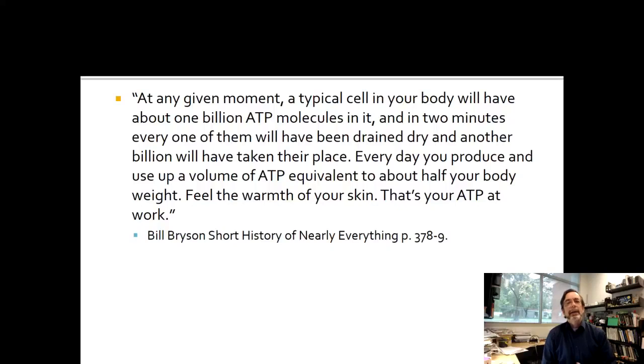This is a quote I like. A typical cell in your body has 1 billion ATP molecules in it, and if you calculate how fast those are drained by this one protein, in 2 minutes, every single one of them will have been hydrolyzed and another billion will have taken their place. Every day, if you add this up, you produce and use up a volume of ATP equivalent to about half your body weight. Now, technically, this is a little bit overstated because you're really talking about bonds being broken and reformed. A lot of that ATP is actually reused,